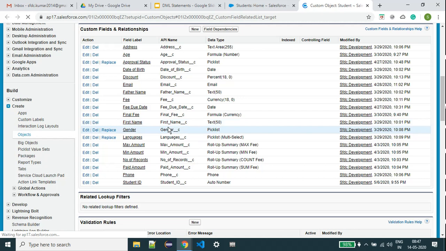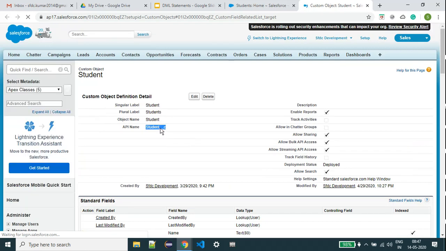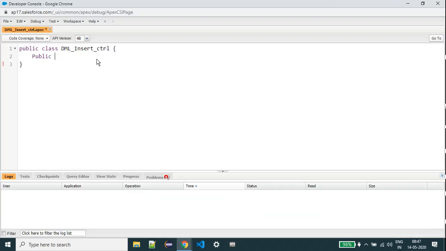So student object, stu, with setter method and getter method. Now I'm going to define the constructor. In the constructor, we have to allocate memory for this new student, using the API name, right?